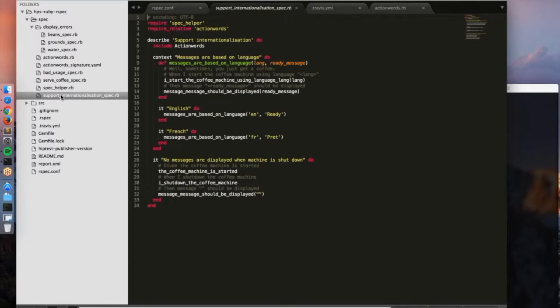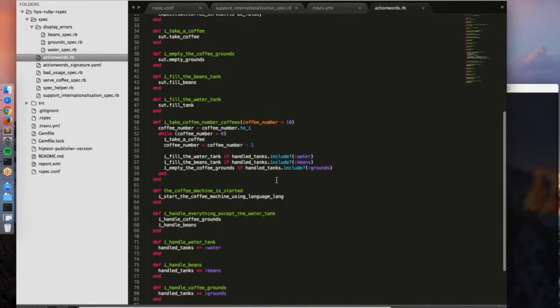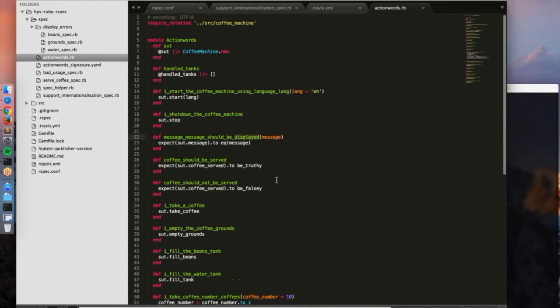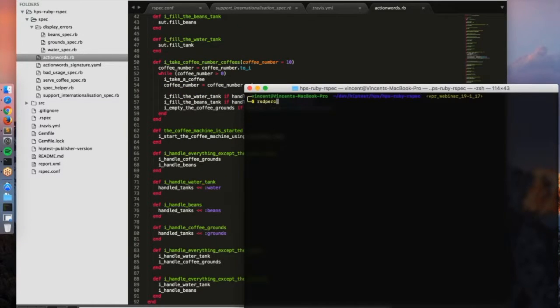So each feature has become a different test file. And the action words, of course, I implemented them. So I kept them in a single file because, yeah, it's way simpler and it's really a toy project, so no need for multiple mixins. So I implemented everything to ensure that, to implement the action words. So for example, here, starting the coffee machine, I simply do system under test.start. So I implemented all the action words, and now if I run my test,